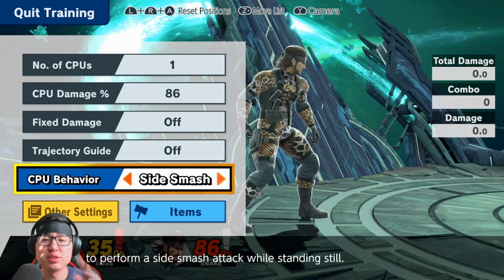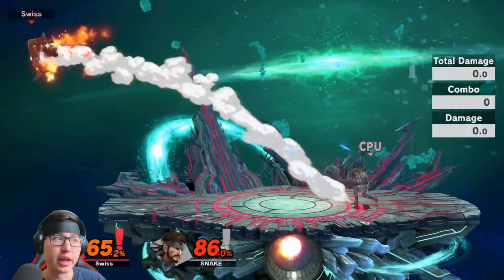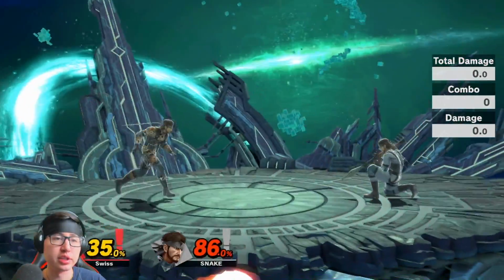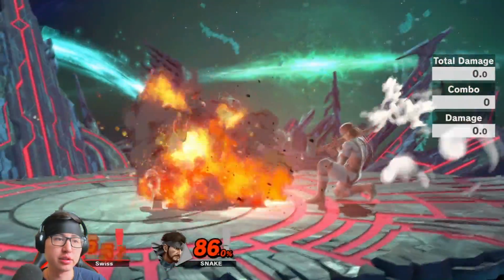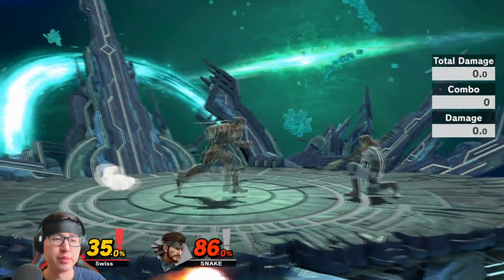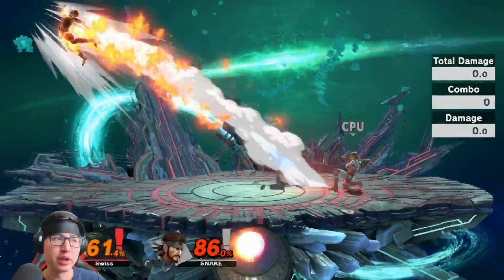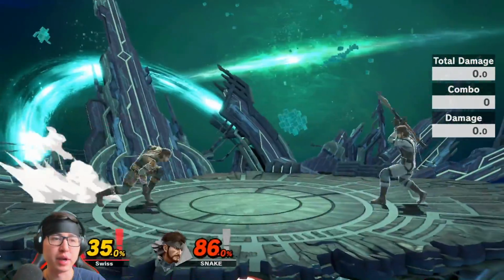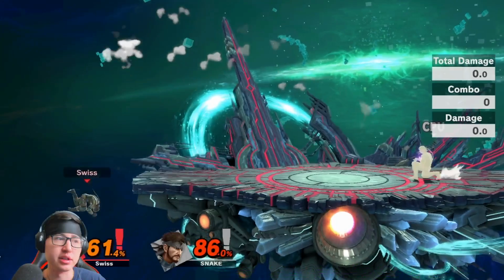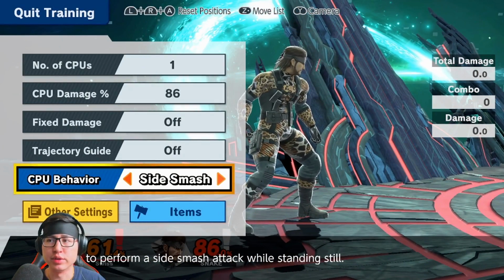And so we move on to mistake number 4, and that's going to be jumping back on stage with an aerial. Generally, in this specific angle, most people tend to actually want to jump back on the stage and then use an aerial, whether it's back air, neutral air, or anything like that. Which is okay, because if your opponent doesn't actually expect it, then you can actually land a hit. But if your opponent does expect it, all they need to do is just dash back,